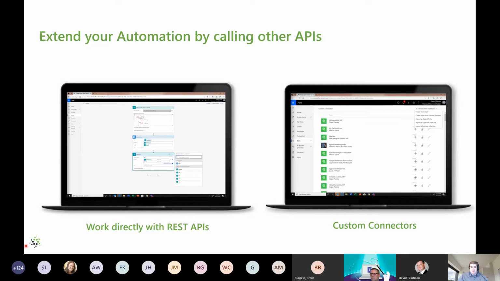There isn't necessarily connections, and we'll talk about SDS and how that can support that with school information systems, but there's not necessarily any pre-built connectors in there for Power Automate for those school information systems. But you still have that capability, whether it's working directly through REST calls and using the HTTP actions, or it's actually building out a full connector for that connection.